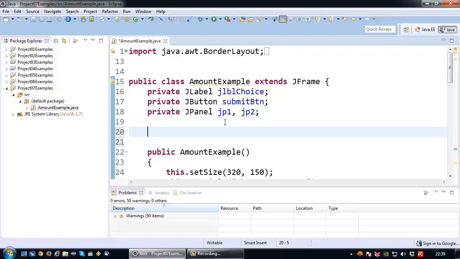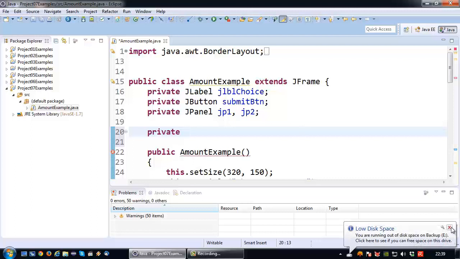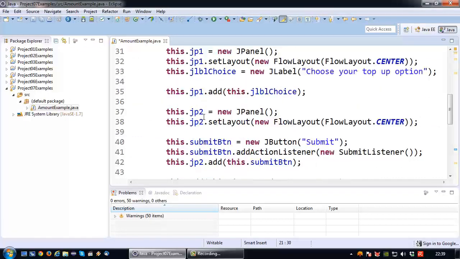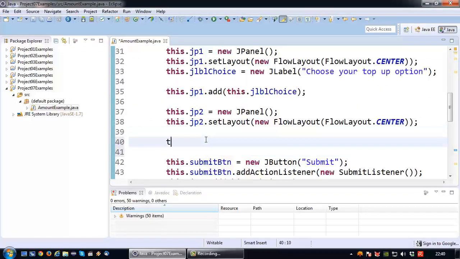So if we want to create a combo box, the first thing we need to do is declare a combo box, and especially if we are going to read values, we need to declare the combo box globally. So that's JComboBox. Let's just call it amtBox, and don't forget the import. Then inside my code, near the submit button, I'm going to initialize this combo box. So this.amtBox equals new JComboBox,